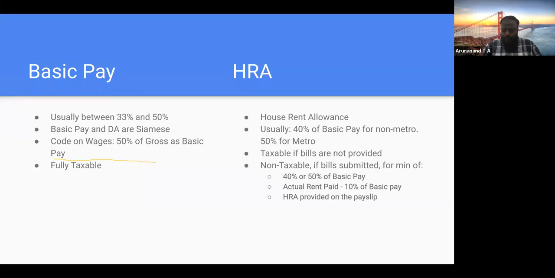So let me tell you what a basic pay is. Basic pay is nothing but a portion of your big rock, the gross salary. A portion of the gross salary is known as the basic pay. So basic pay actually is in place for a reason. If you look at government, let me take an example